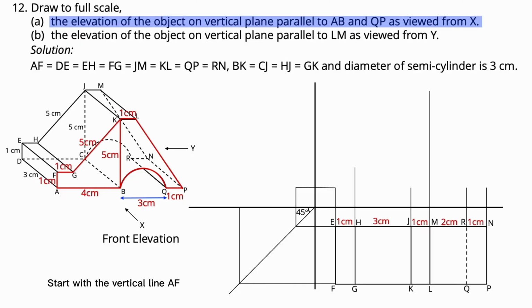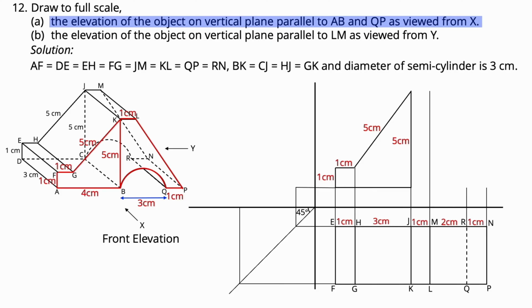Start with the vertical line AF with the length of 1 cm, a horizontal line AB with the length of 4 cm, a vertical line BK with the length of 5 cm, a horizontal line FG with the length of 1 cm, and connect the line from K to G. Then, draw the horizontal lines KL and PQ with the length of 1 cm. Connect the lines from L to P, and draw the semicircle with diameter of 3 cm from B to Q